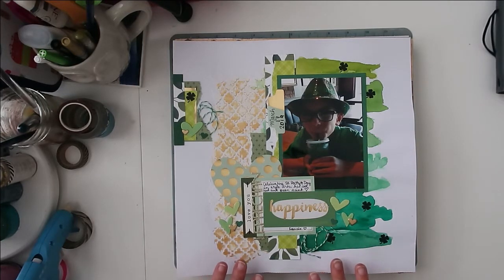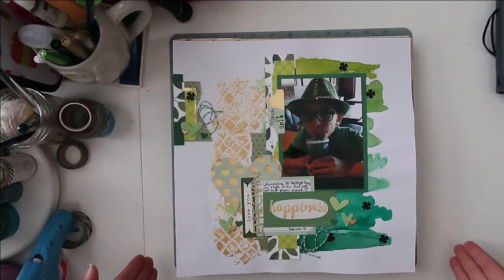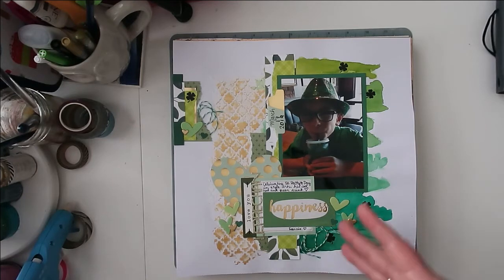So this first one here is a layout that I did for Rebecca Lockhart's YouTube hop that we did to celebrate her milestone. So I took a layout that I really liked of hers, and I actually kind of found that it